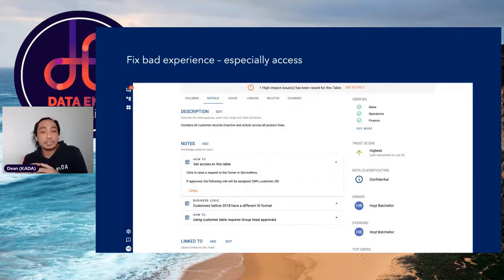And the very last thing I want to touch on is making the data experience easy. One of the biggest road bumps that we typically see is about making access to your data products easier. Now, I don't mean easy as in remove all controls, but easy as in the process to get access is known, understood, and ideally really fast.